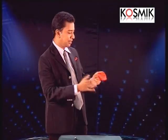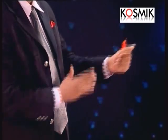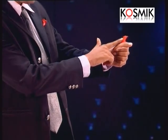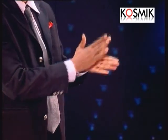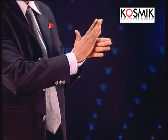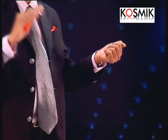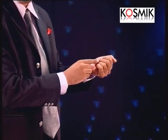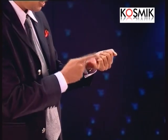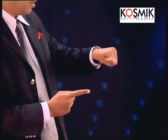You show your right hand empty and slowly let this silk go into your left fist like that. They get to see the left fist closed like this until the last time. And the very last time you do it, you actually take the silk along as you roll from the left palm, and you palm your hand with the silk in the right hand,